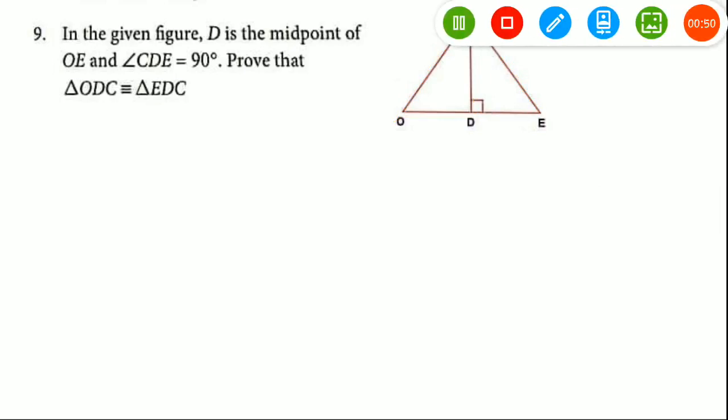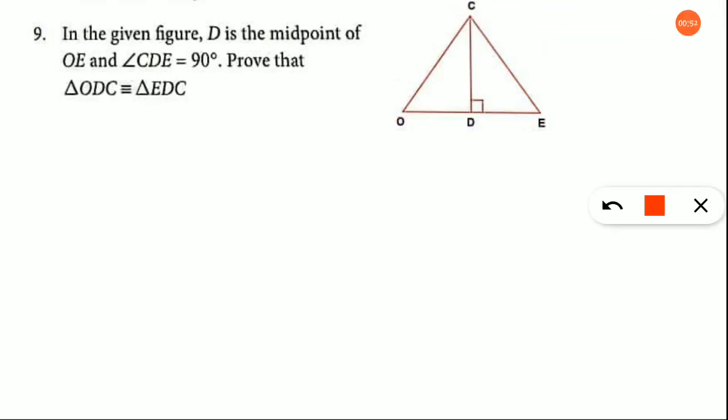In order to do that, as usual, first you have to spot what are all the hints that are given in the question. In the question they are telling us D is the midpoint. Okay, that is a big hint, because using this D as a midpoint we can say that mid means it is exactly in the center. It means this side and this side is equal. Okay, so these two sides are equal.